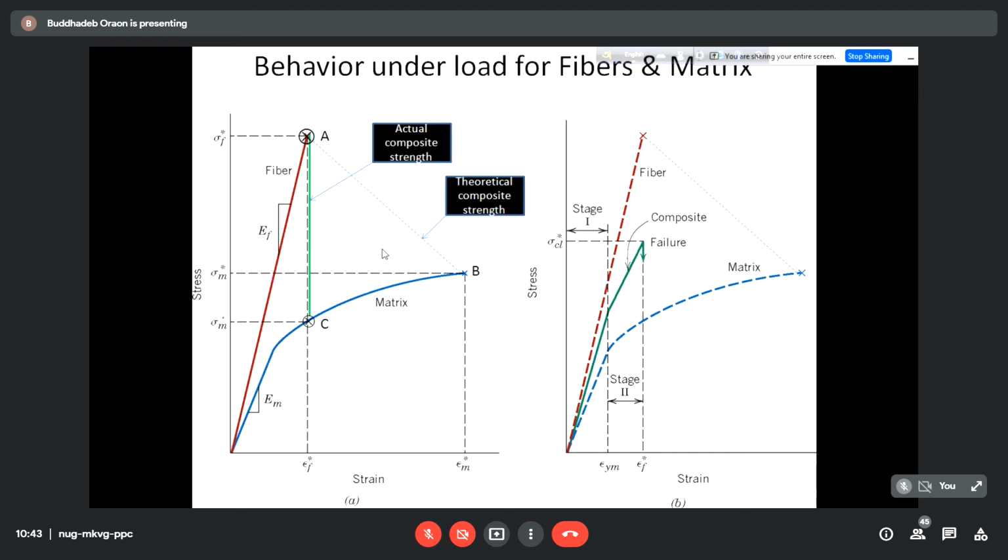So that is another advantage, because when the fiber starts failing, all fibers will not fail at the same time. Initially, a few fibers will fail, and then slowly other fibers also start failing. And then when fibers start failing, what will happen? The load bearing capacity of the fiber becomes less, and at that time what happens?